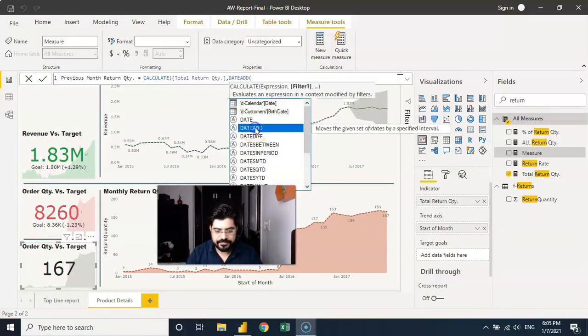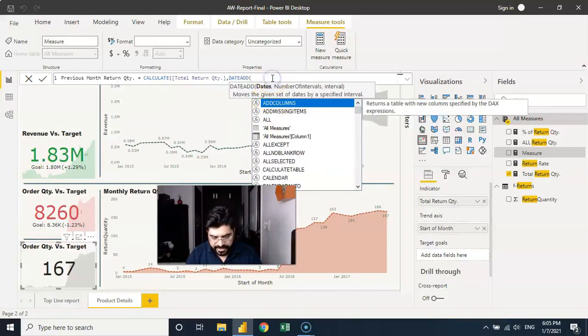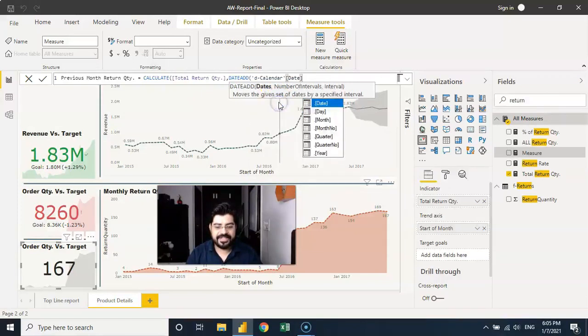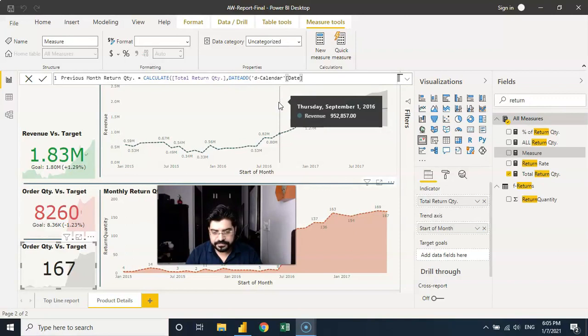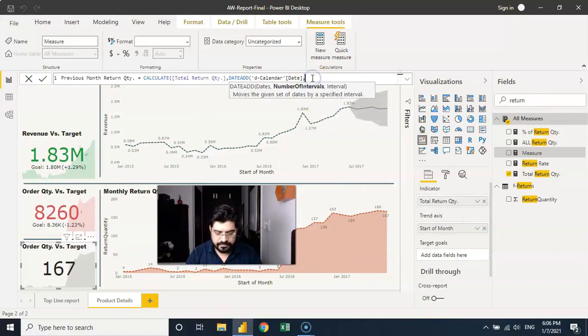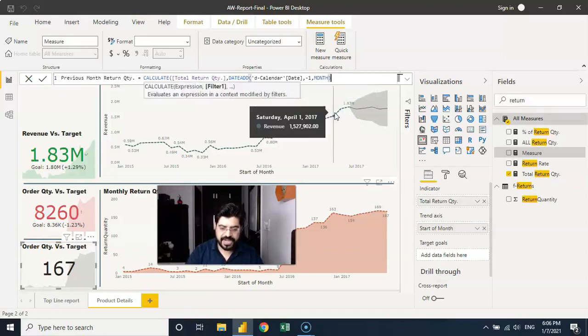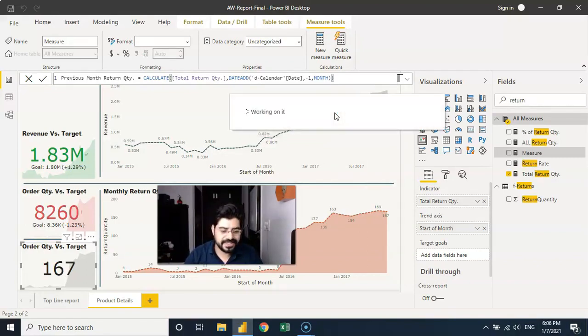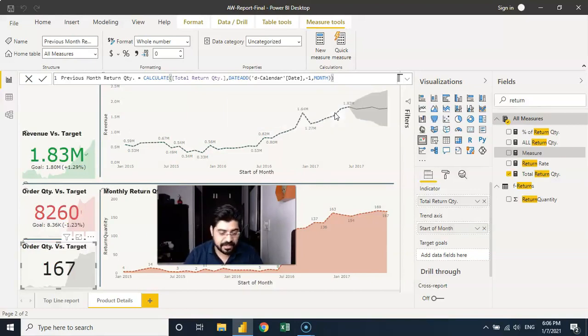add, and we'll say date is going to be the calendar date, comma, and then number of interval, I'll say -1, comma, and it will be month. I'll close down the bracket twice, enter, and this will be my previous month return quantity. That's going to be my target return for this. So I'll simply drag this previous month return quantity over here into the target goals,